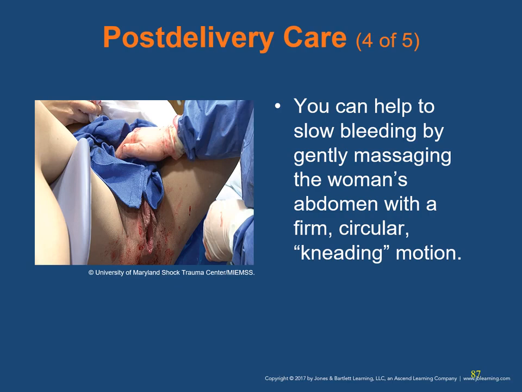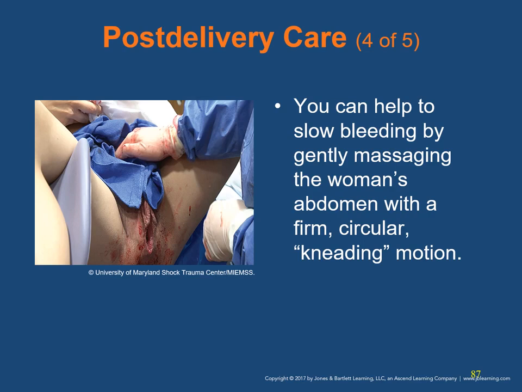Some bleeding, usually less than 500 milliliters, occurs before the placenta delivers and is normal and expected. Wrap the entire placenta and cord in a towel, place them in a plastic bag, and take them to the hospital. After delivery of the placenta and before transport, place a sterile pad or sanitary napkin over the vagina and